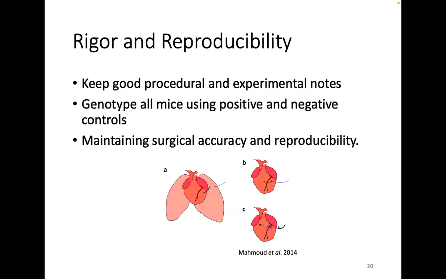So some things that I'll always do is I'll always make sure that I can visualize the LAD before I ligate, making sure that I'm actually seeing the vessel that I want to ligate, and then I'm ligating in the same location just above this branch point here. And then also I'll watch that artery and make sure that after I ligate it, it actually blanches, and I can see that I have prevented blood flow to that lower left ventricle, really showing that I'm actually inducing a